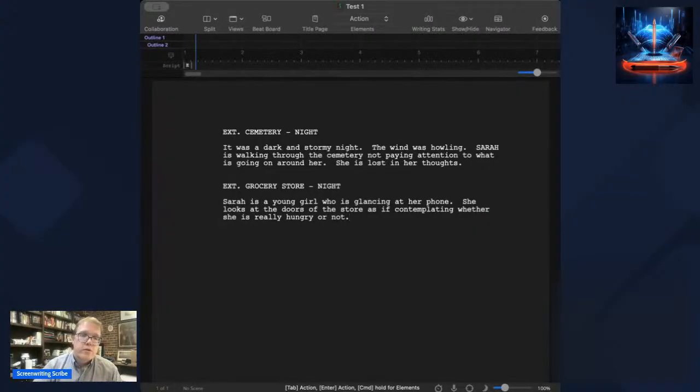So she's looking at the doors of the store as if she's contemplating whether she's really hungry or not, whether she's going to go in or not. Now, again, right here we could have, let's say, a store